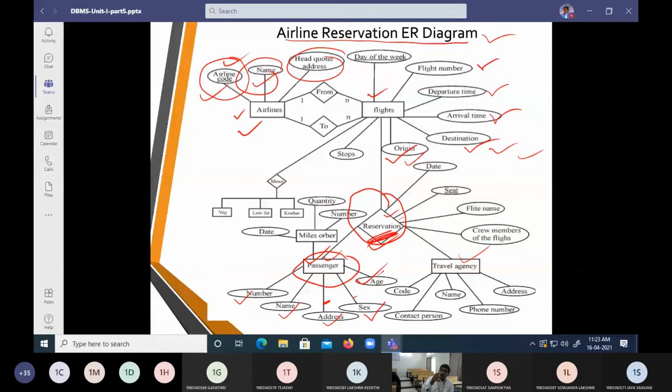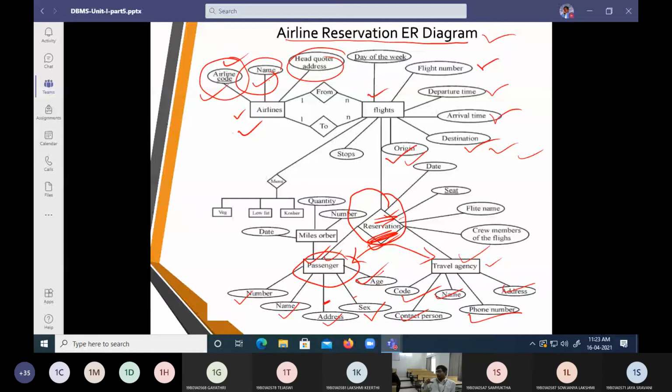Now, the people who are going to apply for a reservation reach a travel agent. These are the third-party people. These travel agents are going to book the tickets for the aeroplanes. So we are going to call him with a contact person, his contact name, his contact address, his mobile, and his code. So he is going to make a reservation.